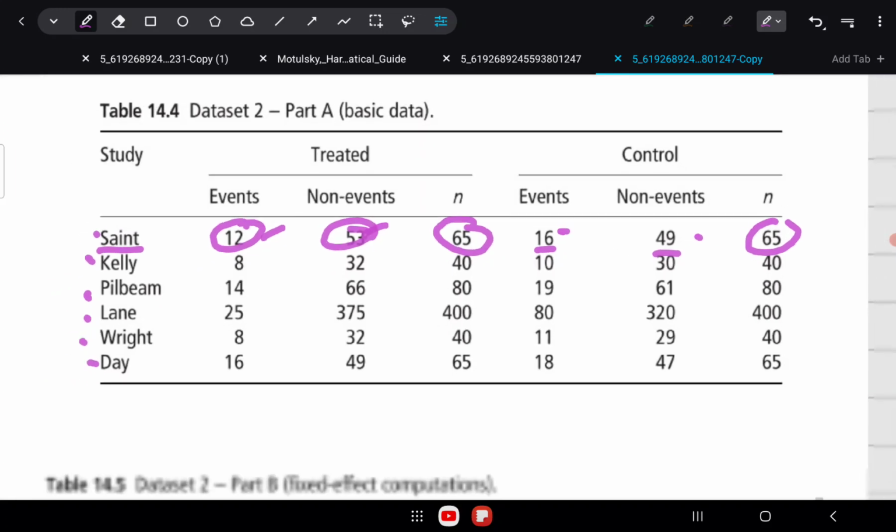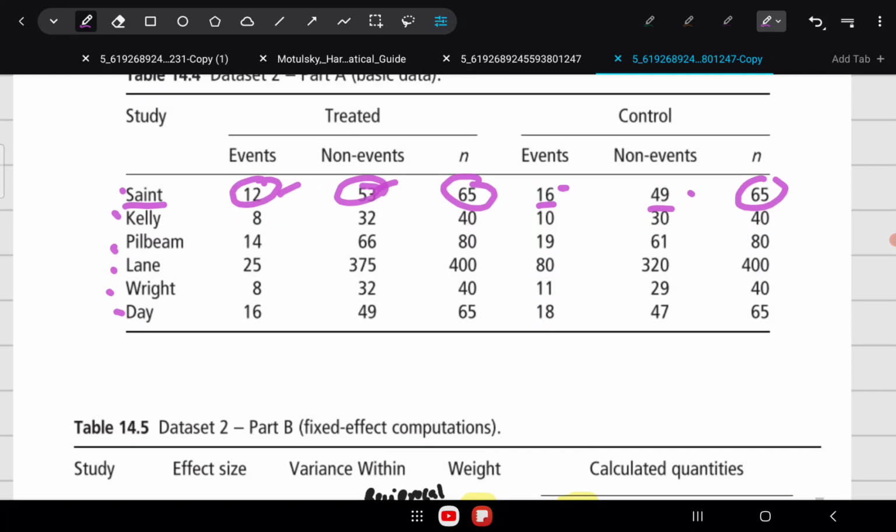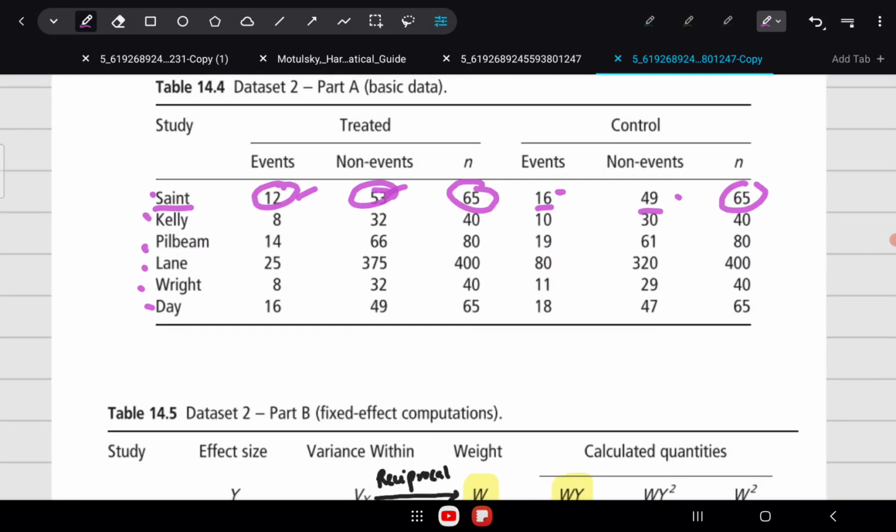So you have just the binary outcome data for all the individual studies, and that's all you need to start. Just like in the previous example we had mean, standard deviation and sample sizes, here we have events, non-events and sample sizes.